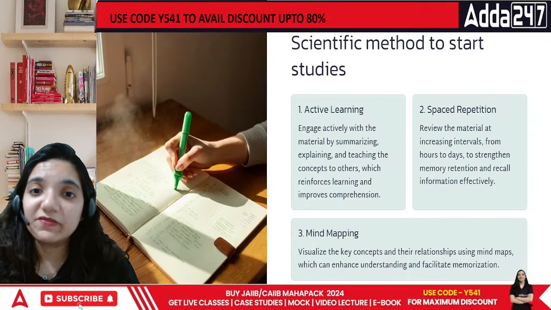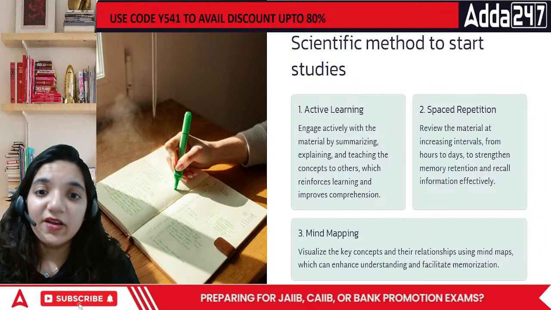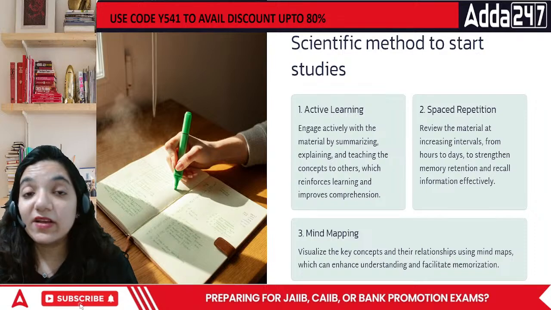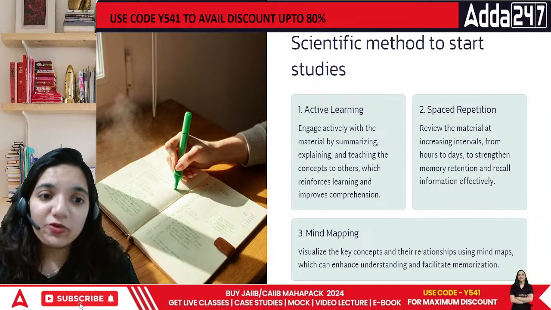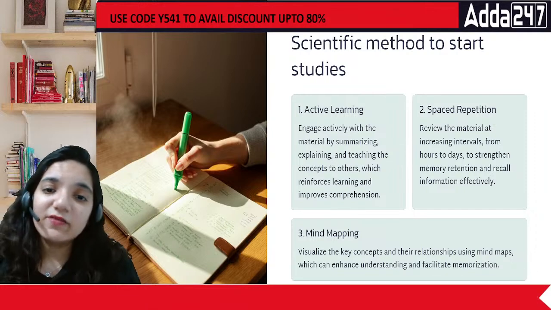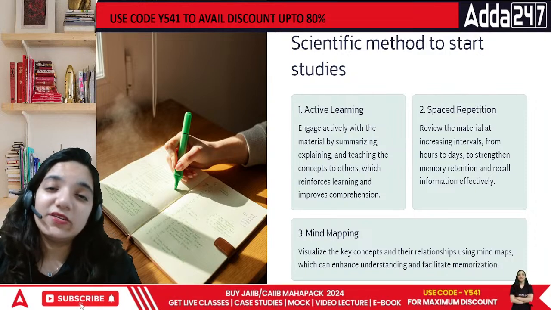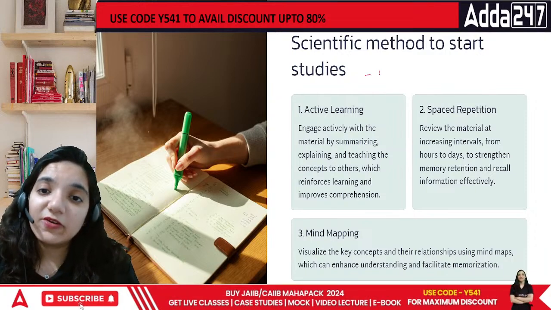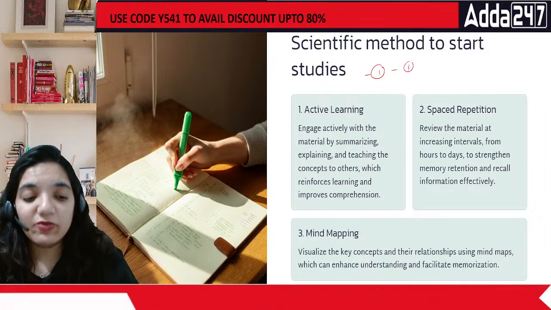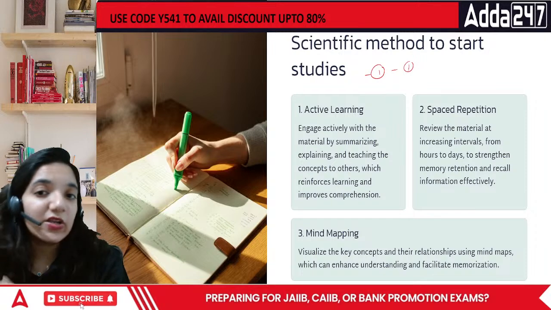Then comes the specific area. Scientific methods when you start your studying is basically active learning. Whenever you are learning something, write it down. Prepare quick notes of the same. Those quick notes would be definitely more helpful in terms of explaining. Then just teach the same thing to some other person. And repetition. You did something today. After 1 week, do it again. After 1 week, do it again. That particular clarity is going to help you a lot in your studies overall.